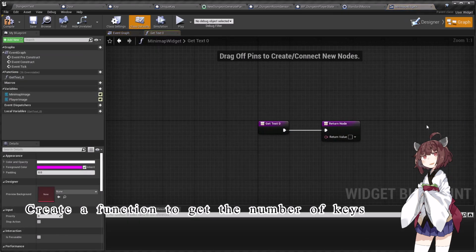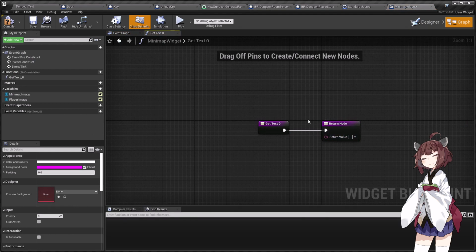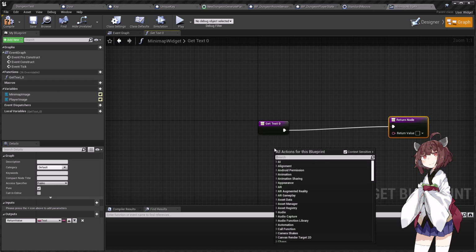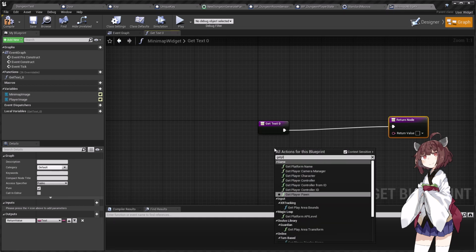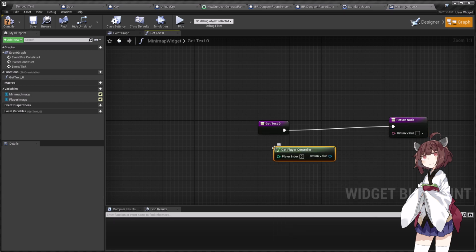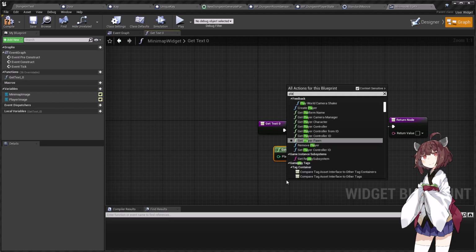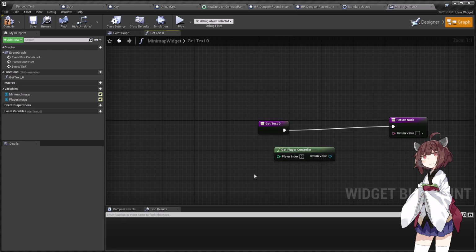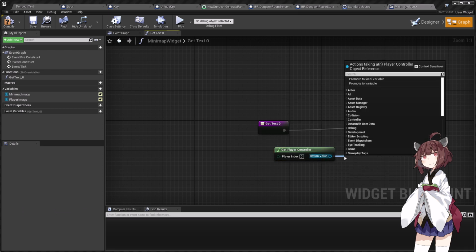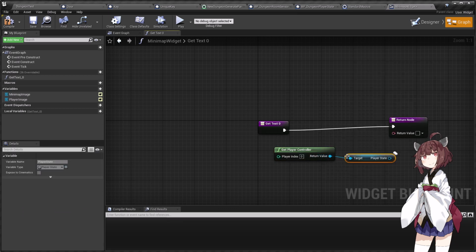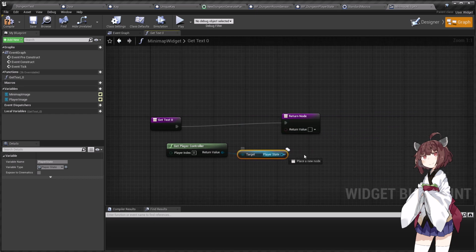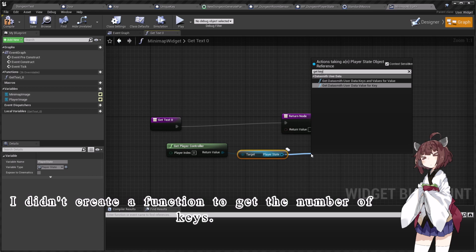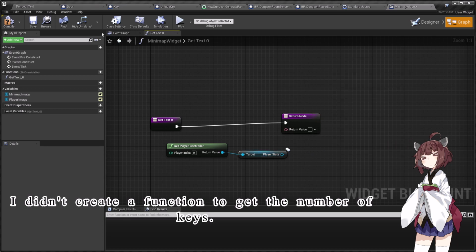Create a function to get the number of keys. Get the number of keys from the player state. Hey? I didn't create a function to get the number of keys.